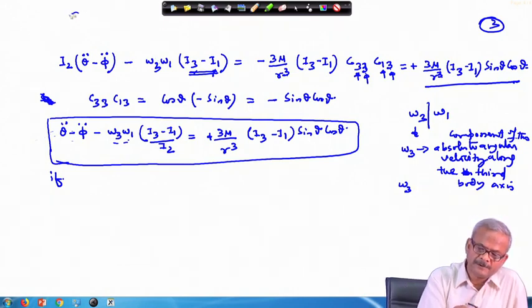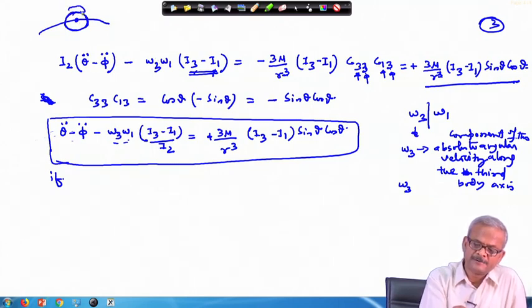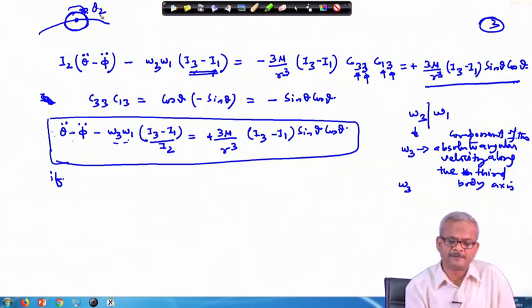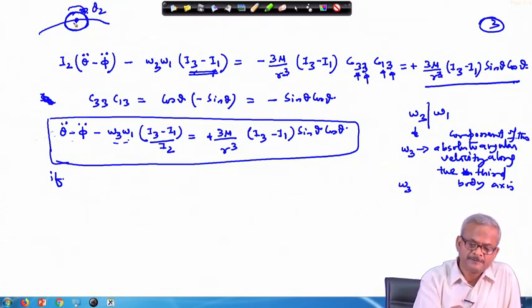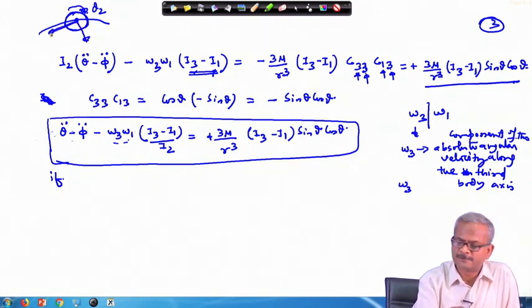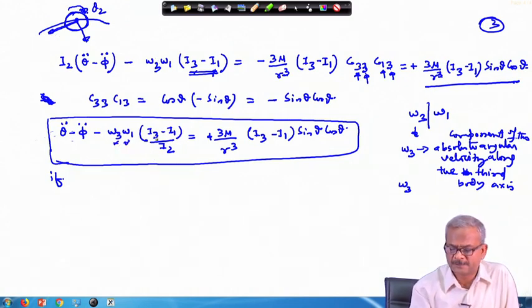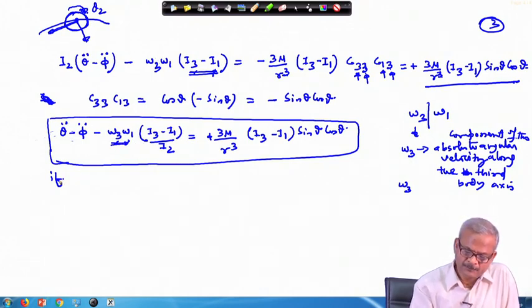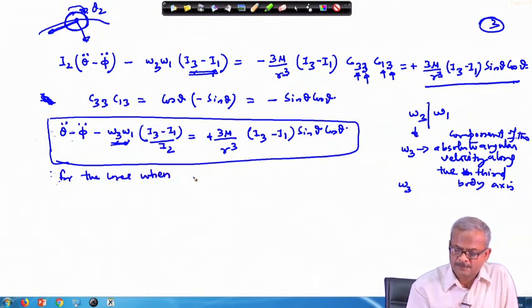See what we have done, that if this is my satellite, it is moving in the orbit and there is only motion involved which is about this axis, okay, which you are indicating by theta 2. The motion theta 1 which is one direction and 3 direction, along this there is no motion involved and therefore, this will drop out, and the special case where I 3 equal to I 1 also this will drop out. So, for this particular case, when omega 3 equal to omega 1, this equal to 0.